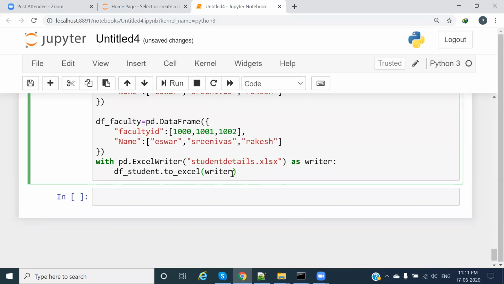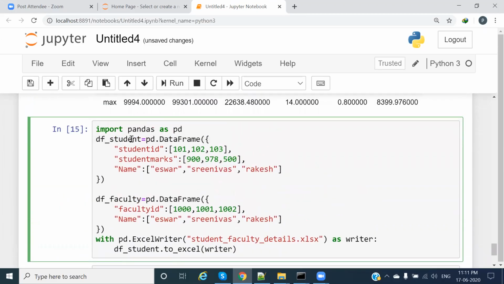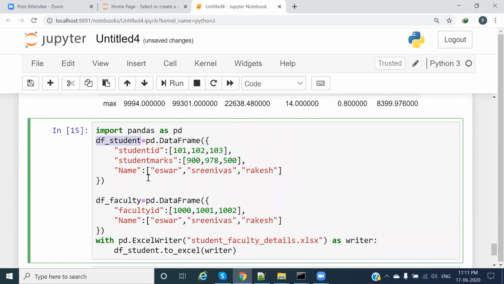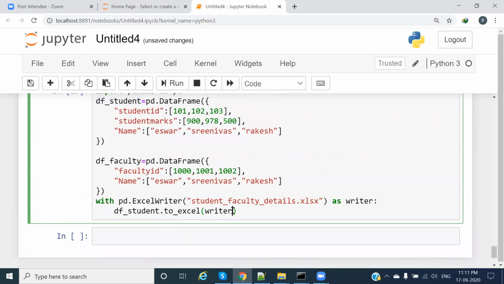How to write multiple sheets? See here, I will create an Excel file named student_faculty_details.xlsx with the writer. I have two data frames, right? How to write two data frames? The first data frame is df_student dot to_excel. Here I need to mention